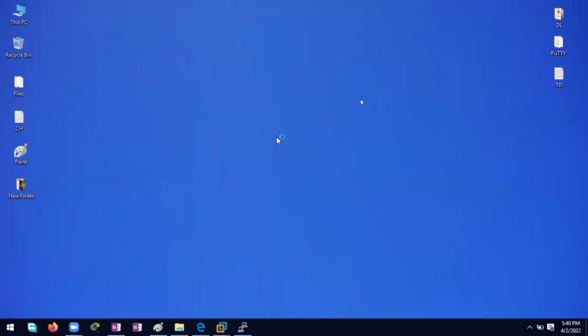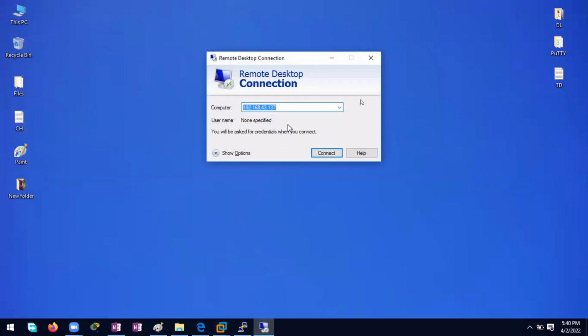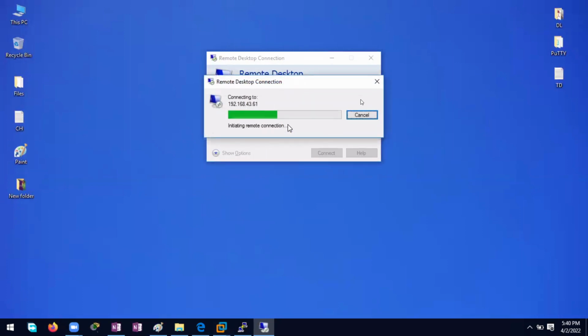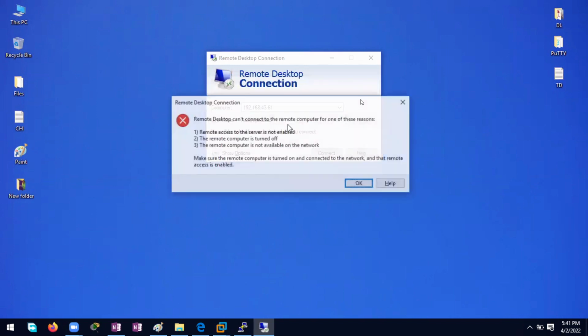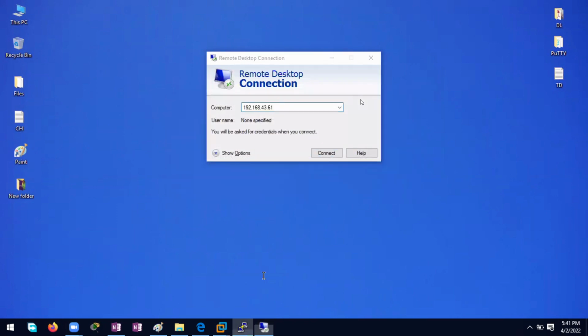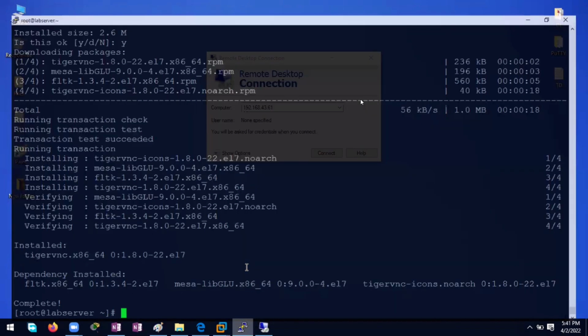What is the IP address of the system? 192.168.43.61. It should not take this much time. If it is taking this much time, that means the configuration has not worked. Okay. So one more thing we can do is